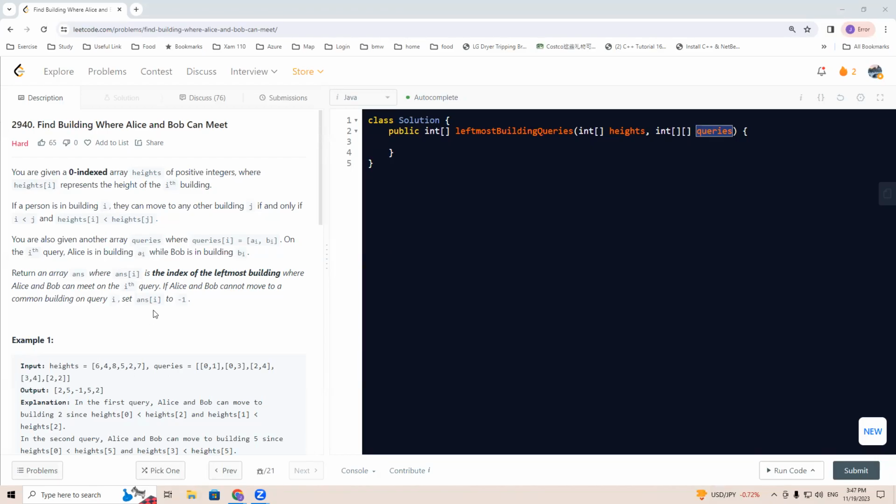Let's go through LeetCode 2940, Find a building where Alice and Bob can meet. For this question, it gives us an integer array heights, which represents the heights of buildings, and also a two-dimensional array queries. For every query, the first one is Alice's seat, and the second one is Bob's